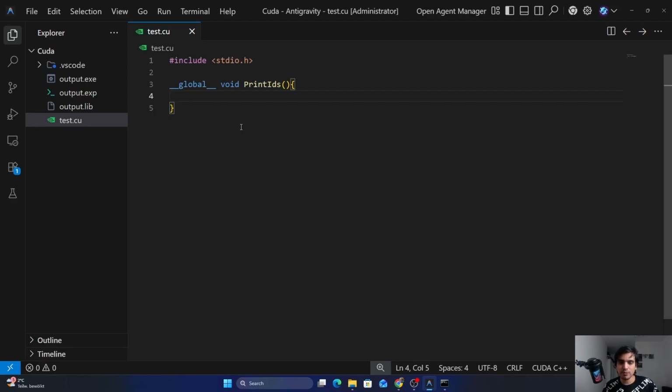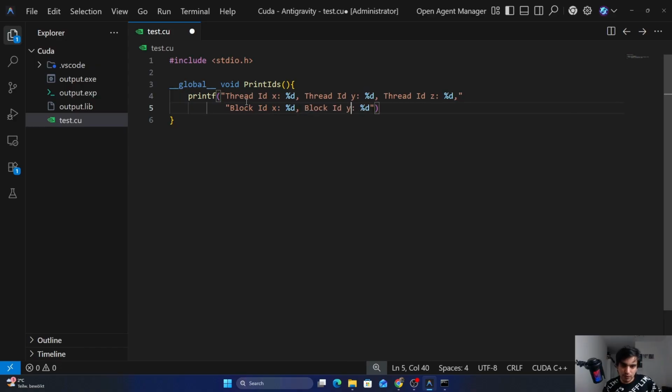Now I am going to print the thread ID and the block ID on which this CUDA kernel is running. For this I have to write the printf function, and for the thread ID I have to type thread ID first along the x dimension, so type x here and put %d because we are printing integer numbers. Do the same for the y coordinate and also for the z coordinate. Next we have to know the block ID. For this we have to type block ID along the x coordinate and do the same for the y coordinate